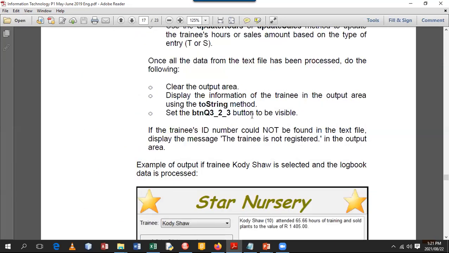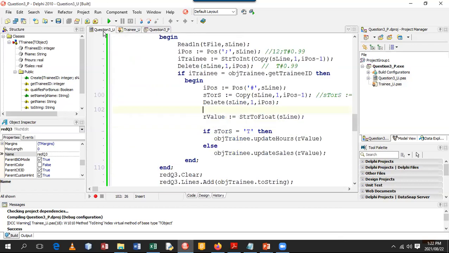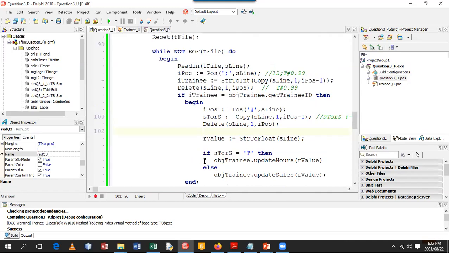And where did it say anything? Oh, if the trainee's ID number could not be found in the text file, display the message the trainee is not registered. So let's go back. I didn't see that. So we're coming here now. If it finds it, it's going to come in here, right? But